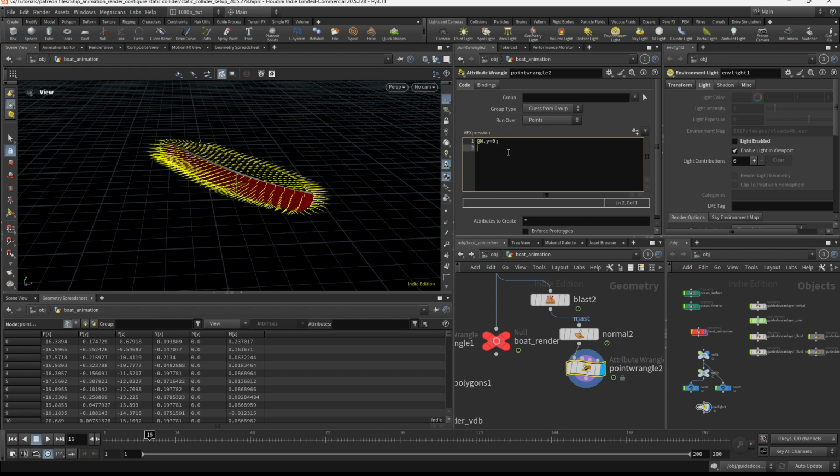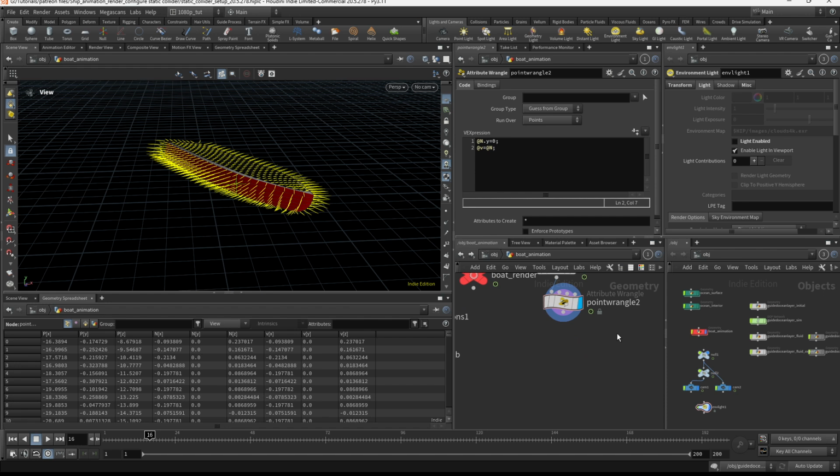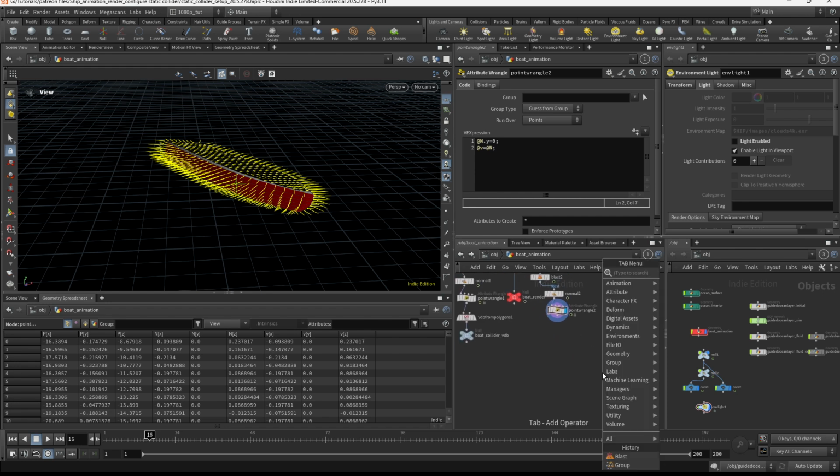But now, final step, we want to make a velocity attribute out of that, so @v equals @N. Now, if we then put that into a popnet,